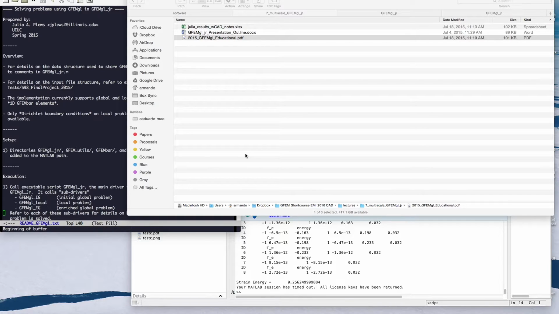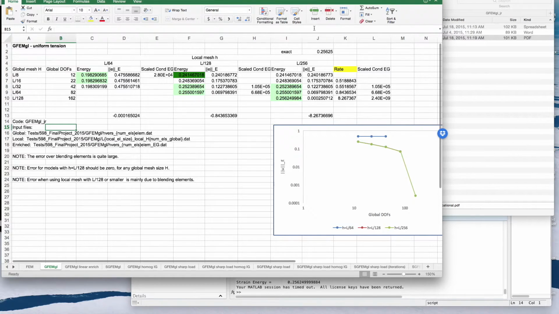Hello, this is the third part of our tutorial on GFEMgl Junior, and in this part we are going to take a look at some examples. We are going to use as a guide this Excel file named Julia results with CID nodes. This Excel file has several tabs, each one for a different set of runs, exercising one of the variations